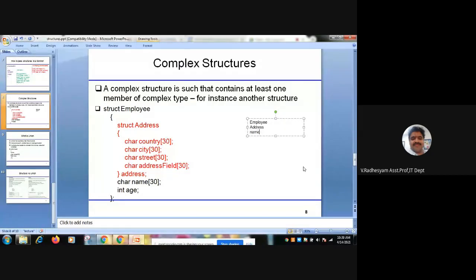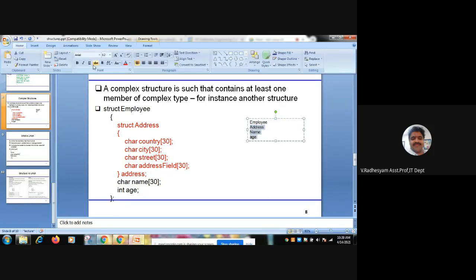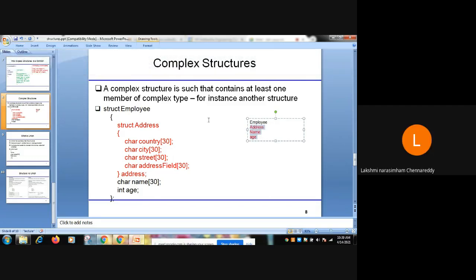Employee name is necessary, and employee age is also necessary. Right? These are the three items under a structure called employee.